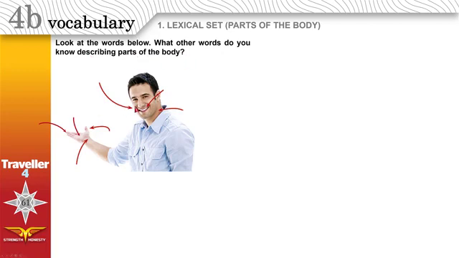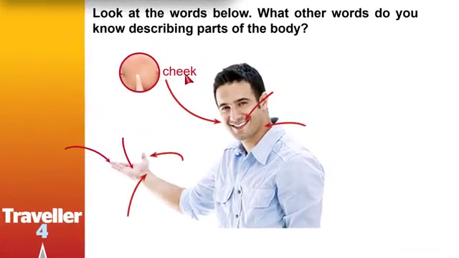We start with this. The cheek. Cheek is the flesh that covers each side of your face. We don't need Arabic, the picture is enough. And these are the lips, the flesh that covers the mouth, lips. The neck,